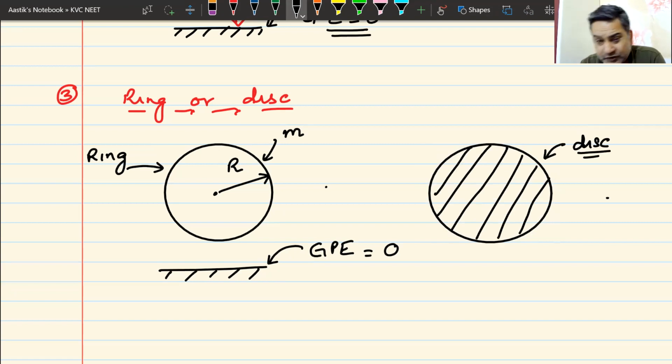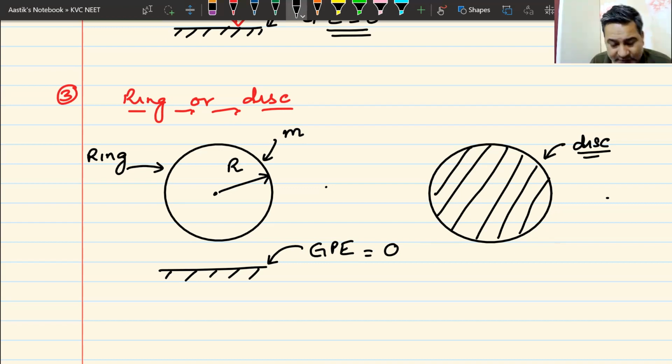It is not hollow. So wherever I make this hash, hash, hash, this is engineering drawing. When I make this hash, it tells us that this space is filled. It is not empty. It is not free. It has some mass. It has some material. It has some matter. Do we understand this? Ring and disc, the difference between the two diagrams. One is white, that means it is hollow. Other hash, that means there is material there. No matter, in this case, I have a ring or a disc.